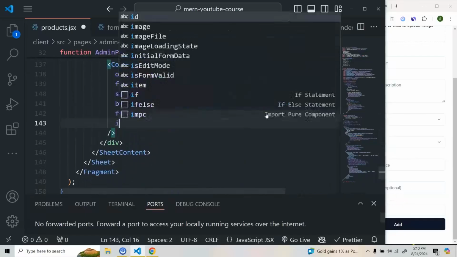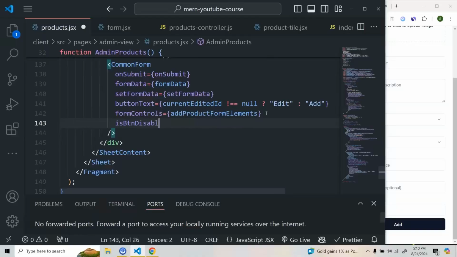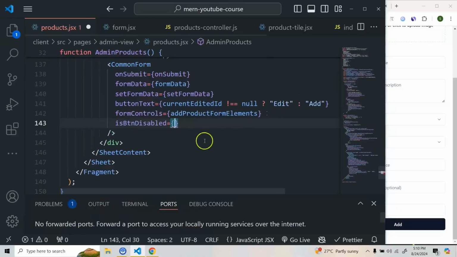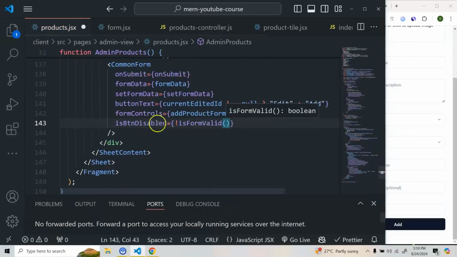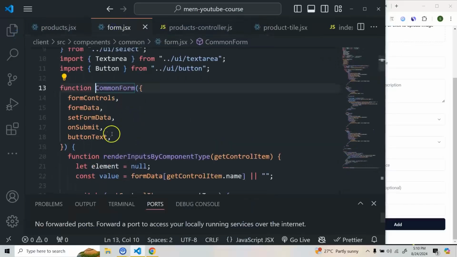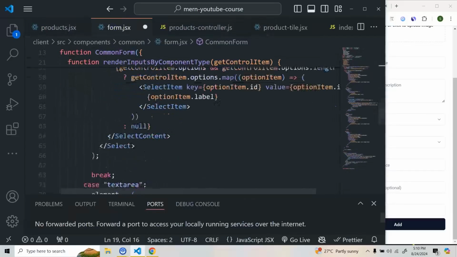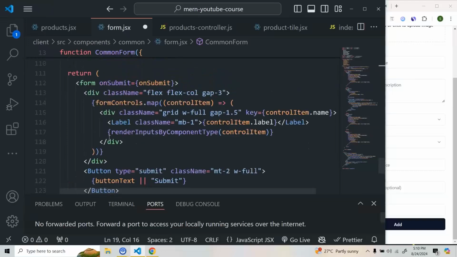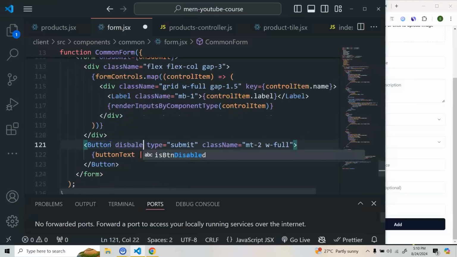Okay, so what I'll do here is button disabled. When this button will be disabled: if this form valid is false, that means some of the fields you haven't filled. So if this form valid is false, then we'll make the button disabled. So let's save it. Let's go to common form and let's receive this is button disabled, and then we'll go here and we'll do disabled,